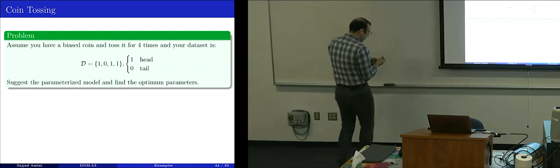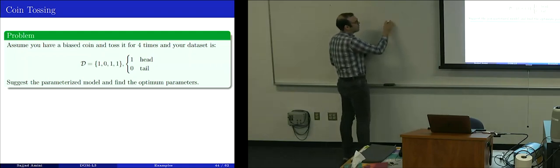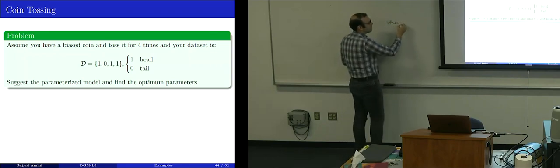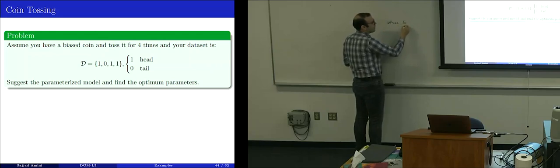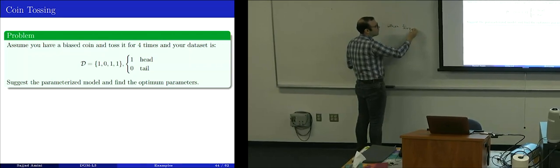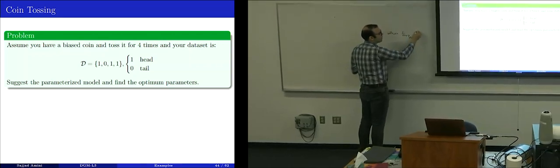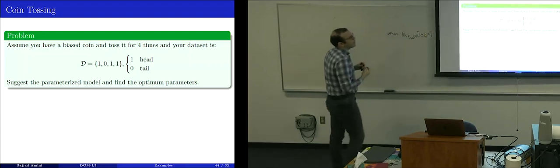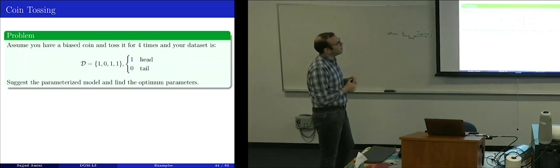I want to justify this term. Why maximize this term, maximizing the expectation over data coming from the true data distribution of the logarithm of your model? Why is this justified as a good method to learn the model? Assume that you are all familiar with the example of